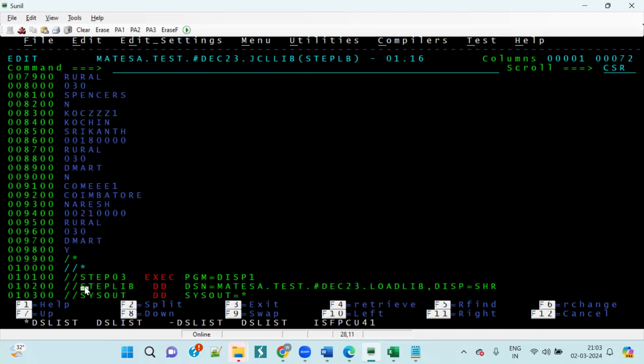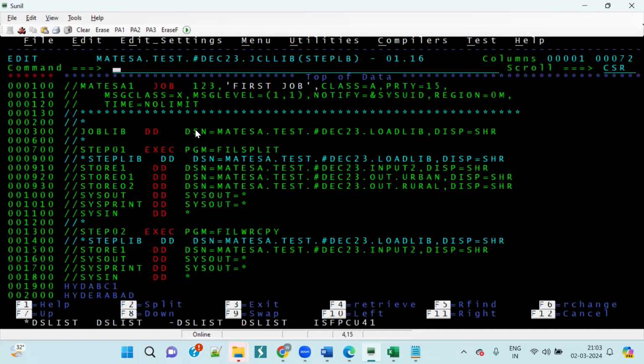The third step also. Okay, so now I am not giving the step lib for all the steps. See, here also I've commented, here also I've commented. So that means when you are having all the programs that belong to the same load library, instead of writing step lib for each step, you can write one job lib. Okay, so now if you submit this,